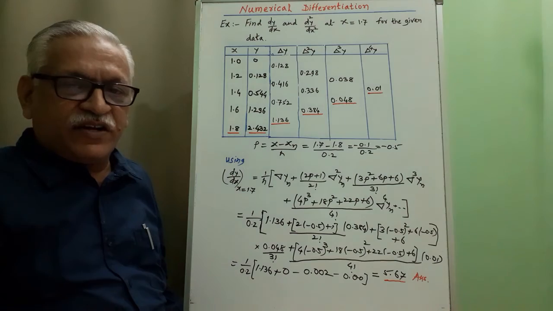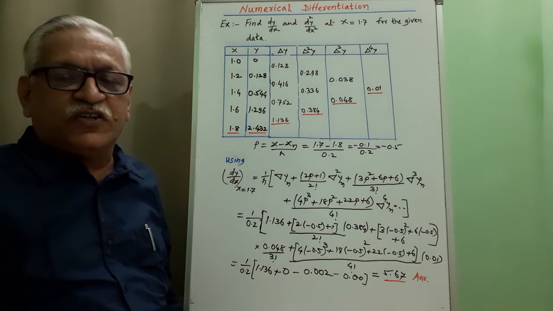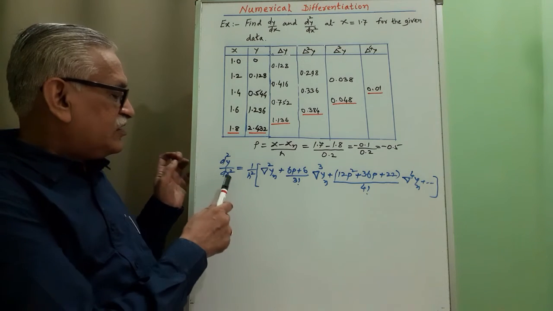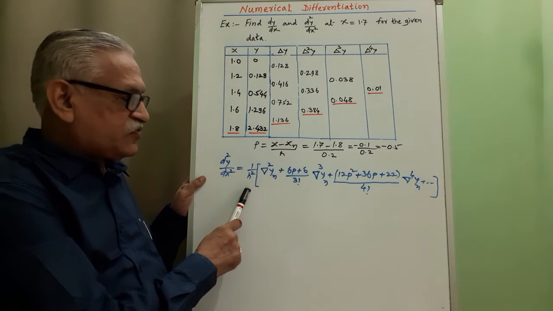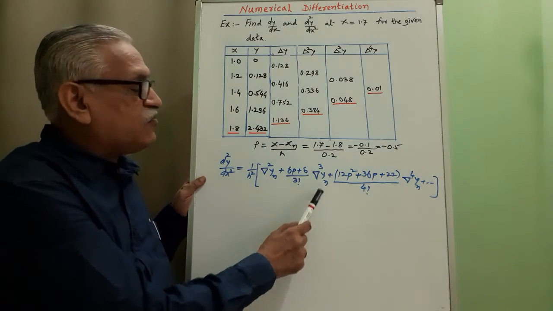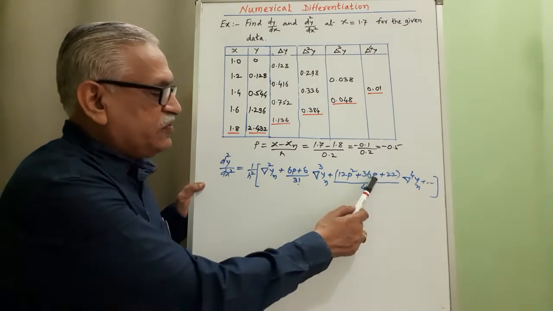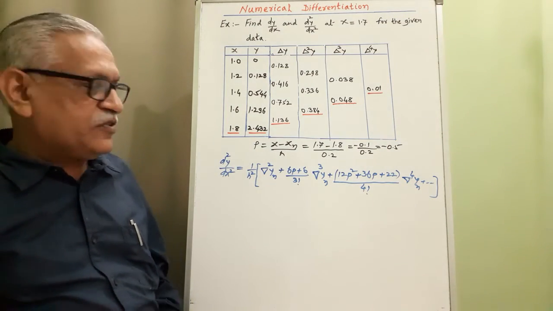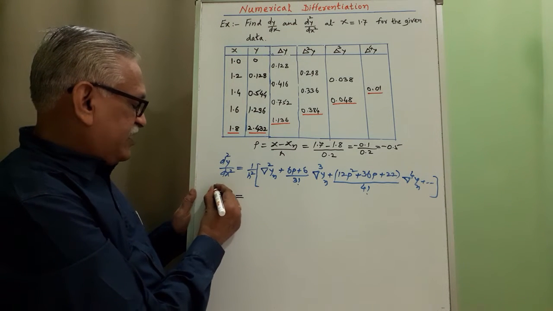In the next part, I will perform the calculation for d2y by dx square. To find the value of d2y by dx square using this formula, d2y by dx square is equal to 1 by h square into del square yn plus 6p plus 6 by 3 factorial del cube yn, and next 12p square plus 36p plus 22 divided by 4 factorial into del raised to 4 yn. All these results I have discussed in my previous video. Using this result and substituting the values,